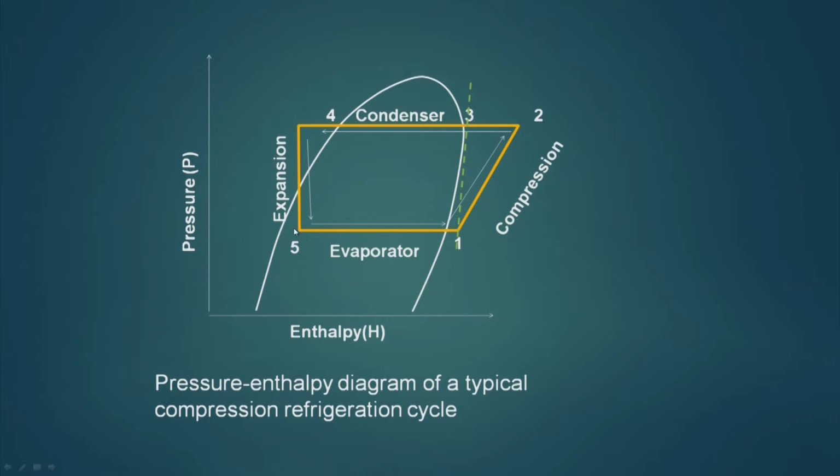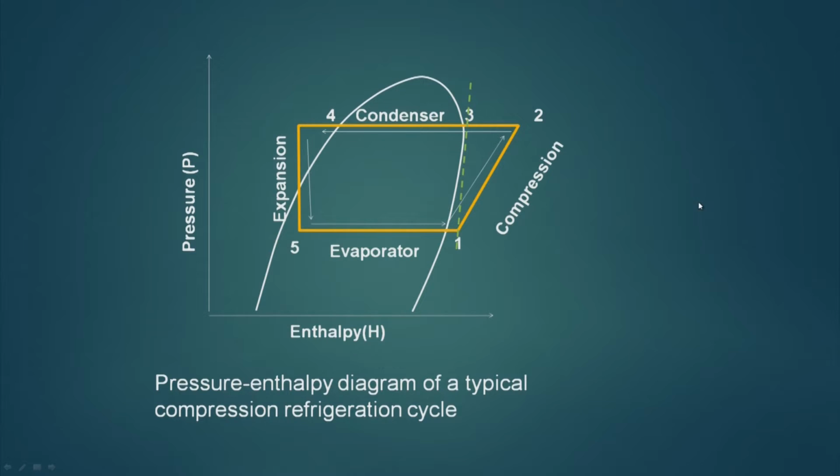So, 5 to 1 is the evaporator where the vapor liquid mixture converts into vapor. Then compression takes place from 1 to 2, and the pressure increases. Now, due to this compression, this much heat is added to the condenser. So, this much heat we are taking from the evaporator, but when we are rejecting heat into the condenser, this much amount of heat is being rejected.